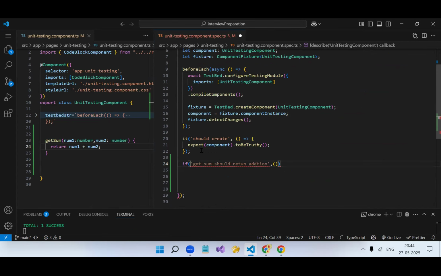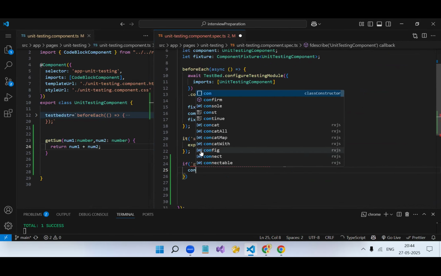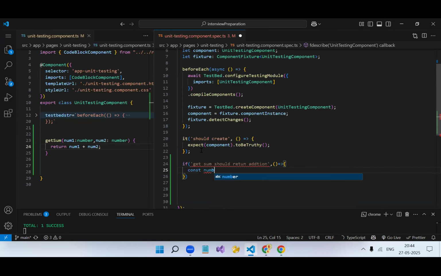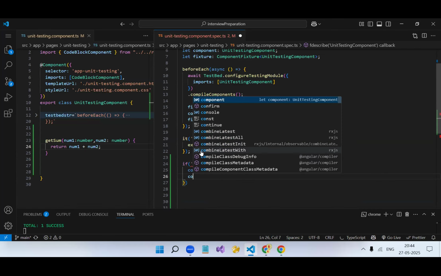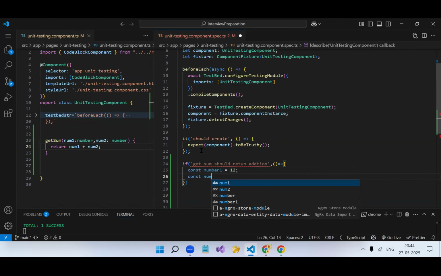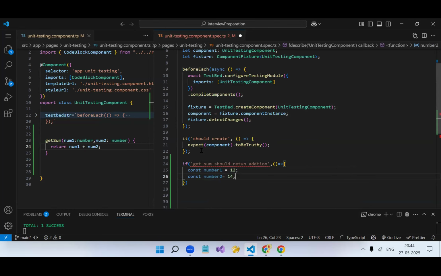Then your arrow function, where you actually write the logic of the test case. Here I'm creating a constant number1 equal to 12, and a constant number2 equal to 14. Then I will create one more constant, result, equal to